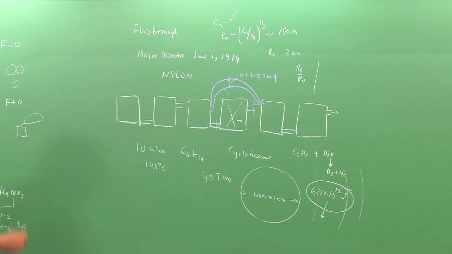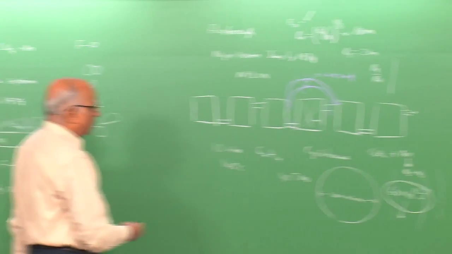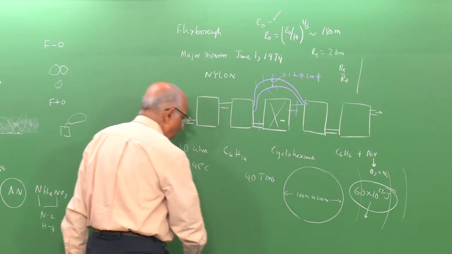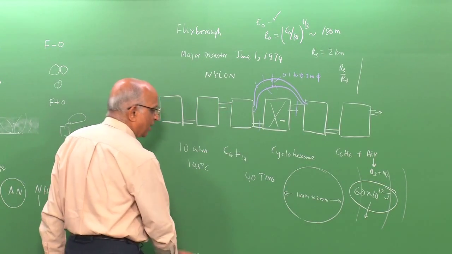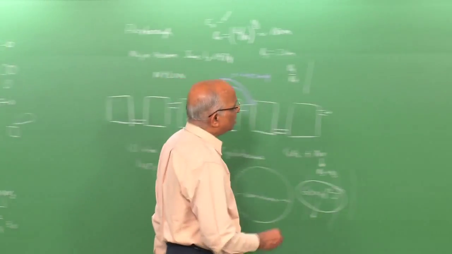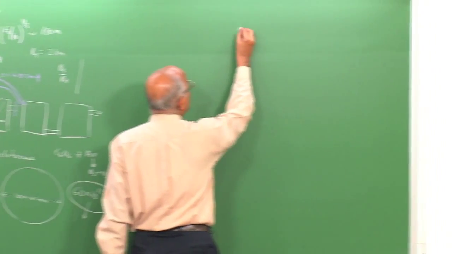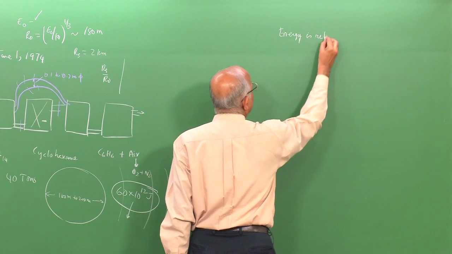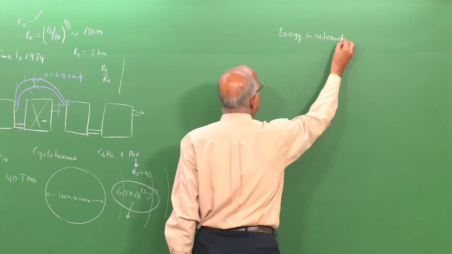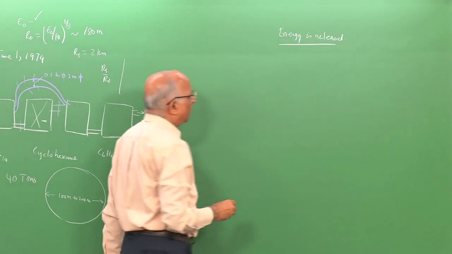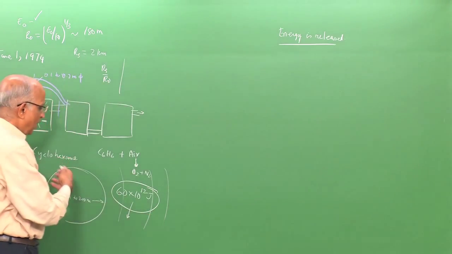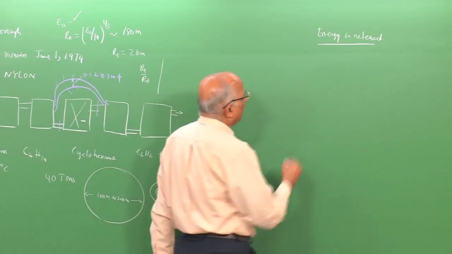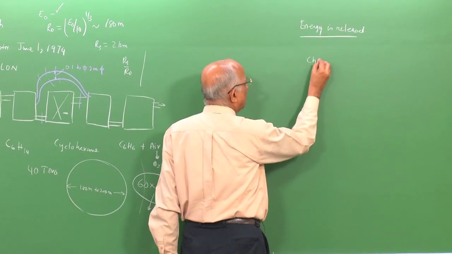Therefore, let us come back to our problem. We say, well, in any explosion, the first thing required is how much energy is released in an explosion. Let's try to find that out. How much energy is released? We are talking of energy released in a chemical reaction, and therefore, whenever we talk of chemical reactions,